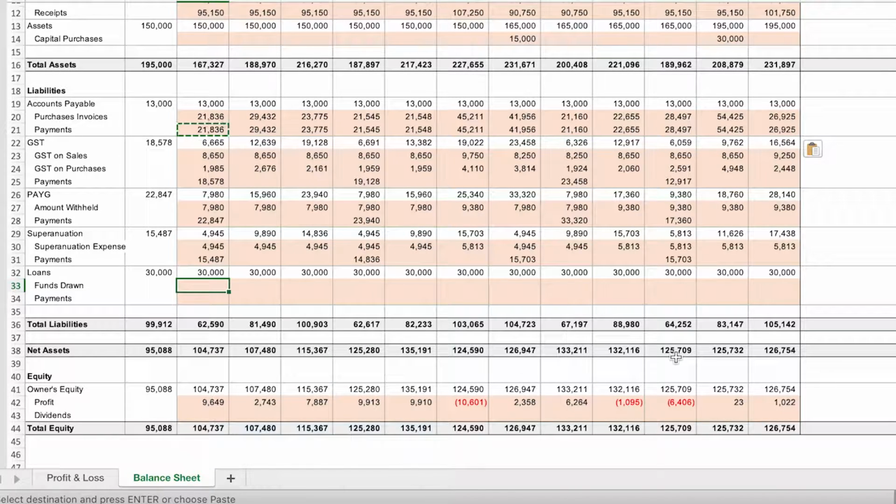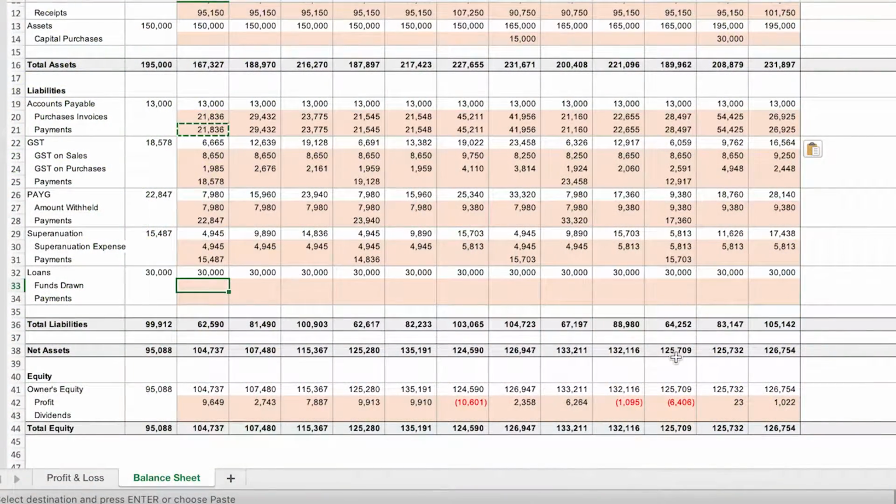The last line, to tie off the balance sheet, gives you your net assets, so how much value you have. Now, there's arguments that it's not really the value of your business, it's the value of assets. There's a technical difference there, but basically what your balance sheet is showing you from your budget is, in 12 months time, how much do you own, how much do you owe, and what's the net.